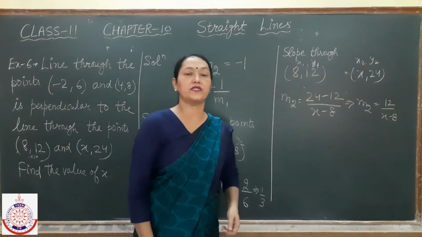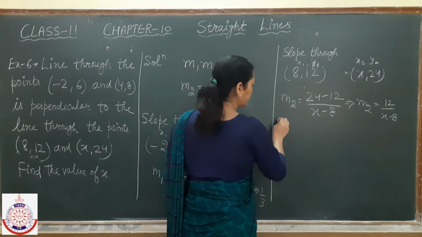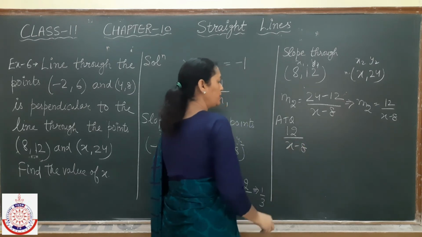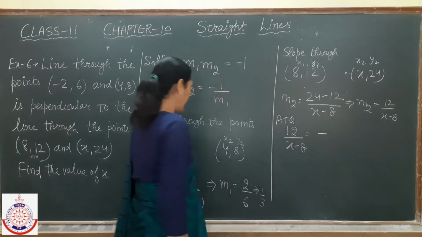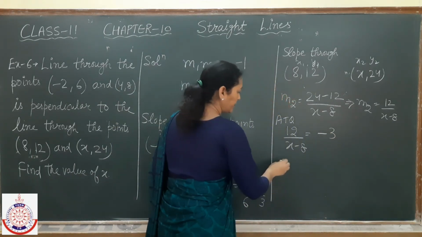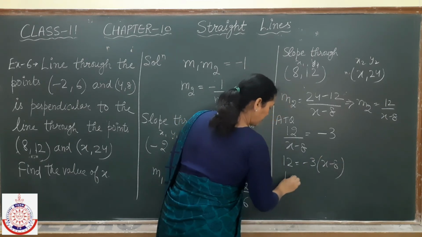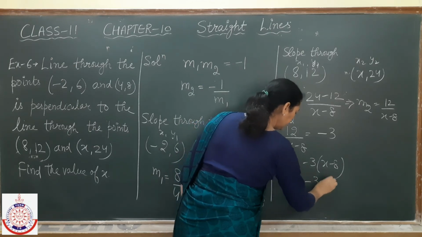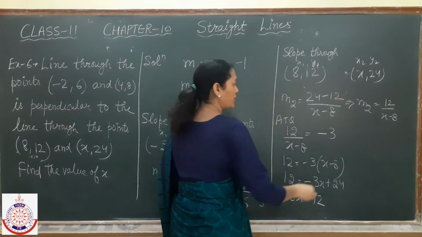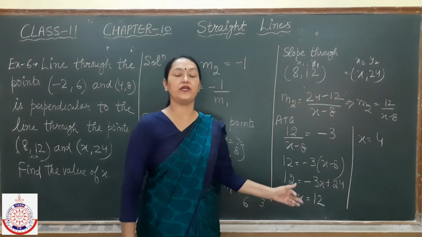Now in the question it is given that lines are perpendicular to each other. Therefore, using the condition, we will be having M2 equals to minus the reciprocal of M1, that is minus 3, so 12 upon x minus 8 equals minus 3. Solving this equation, so what we have obtained, we have got the value of x as 12 divided by 3, value of x as